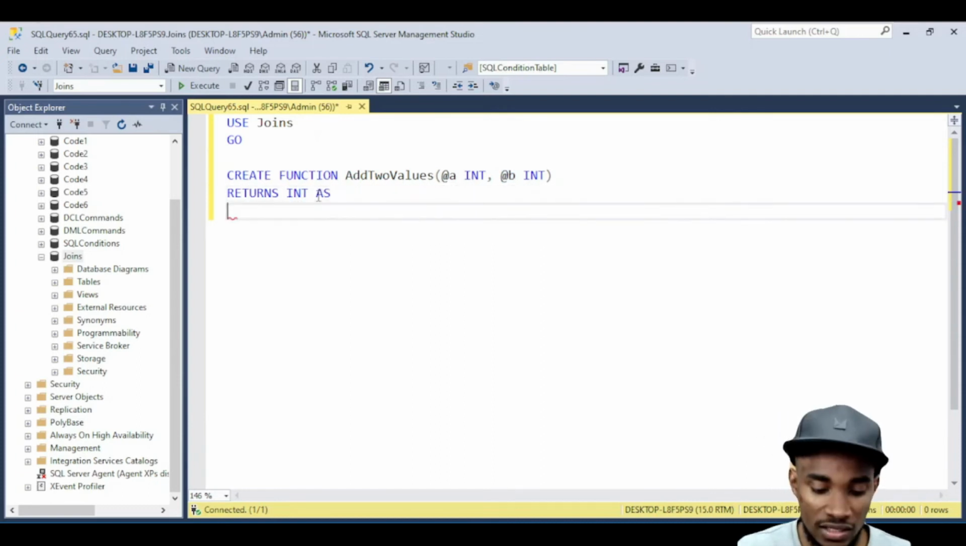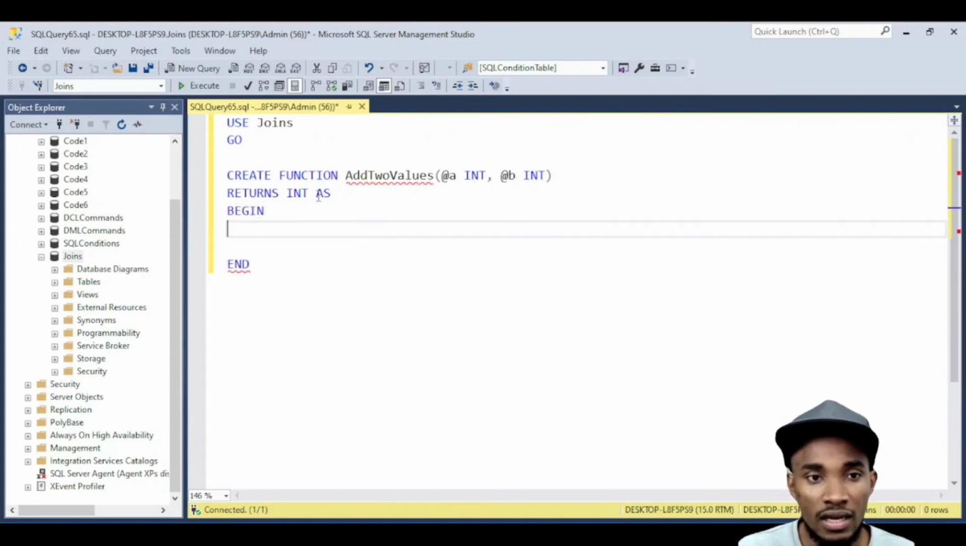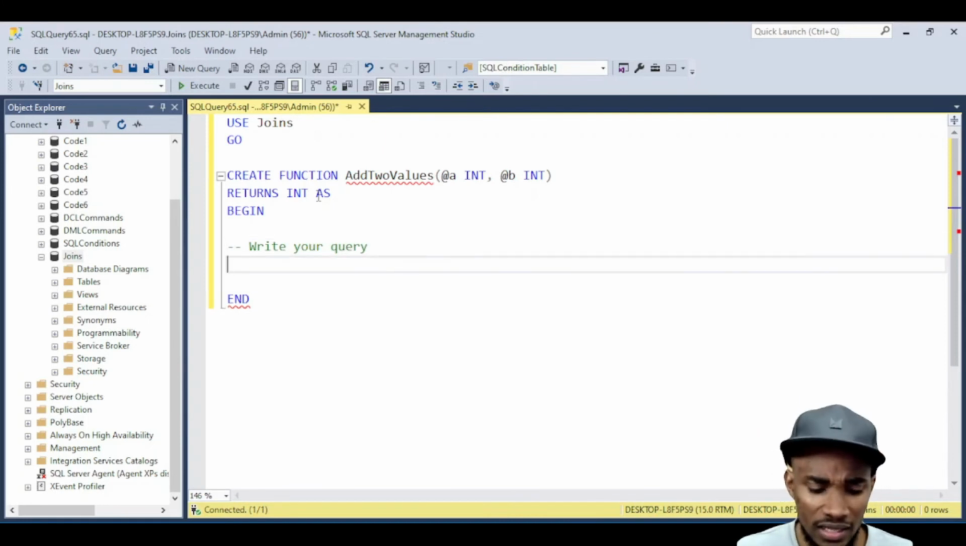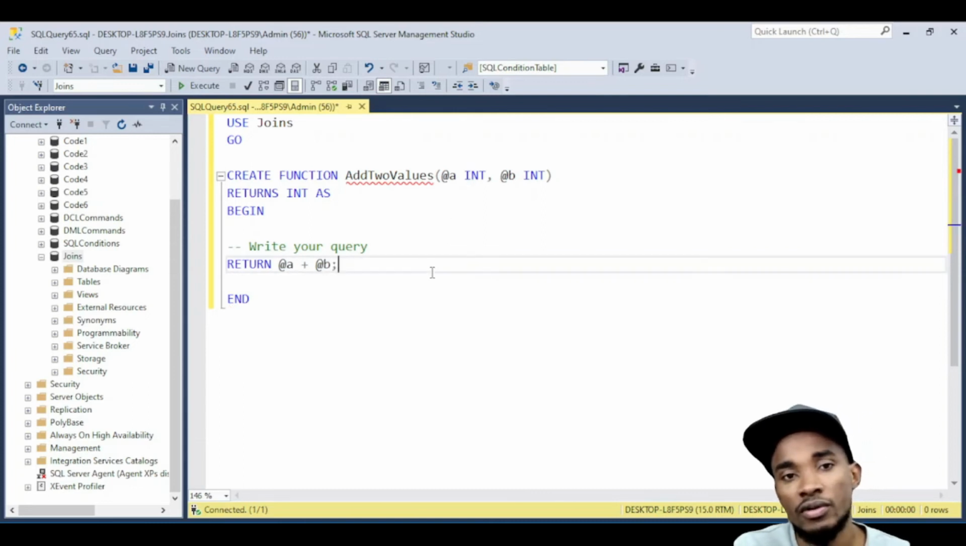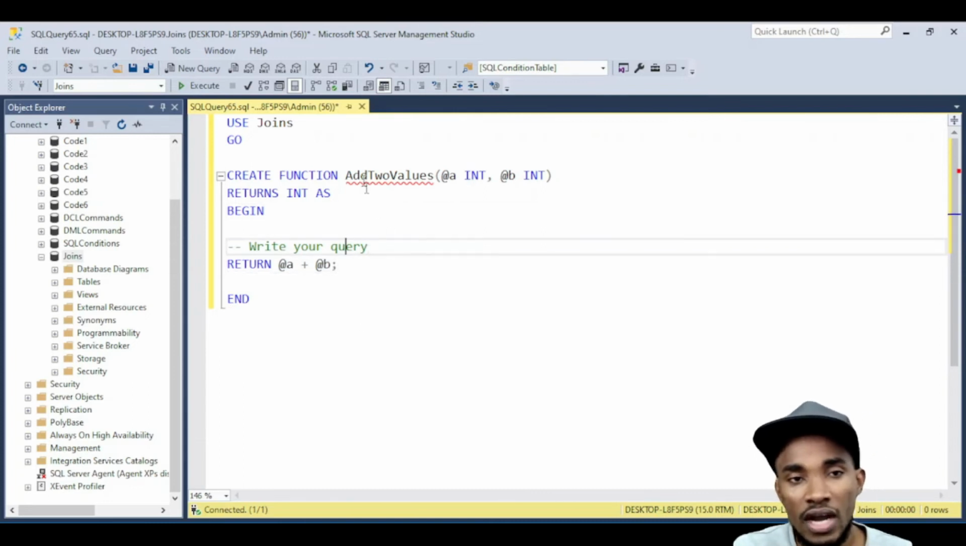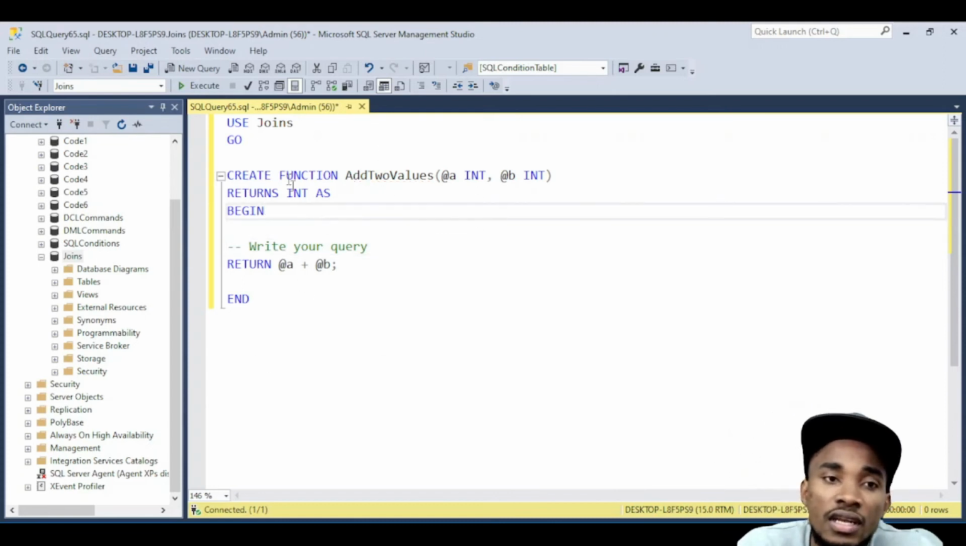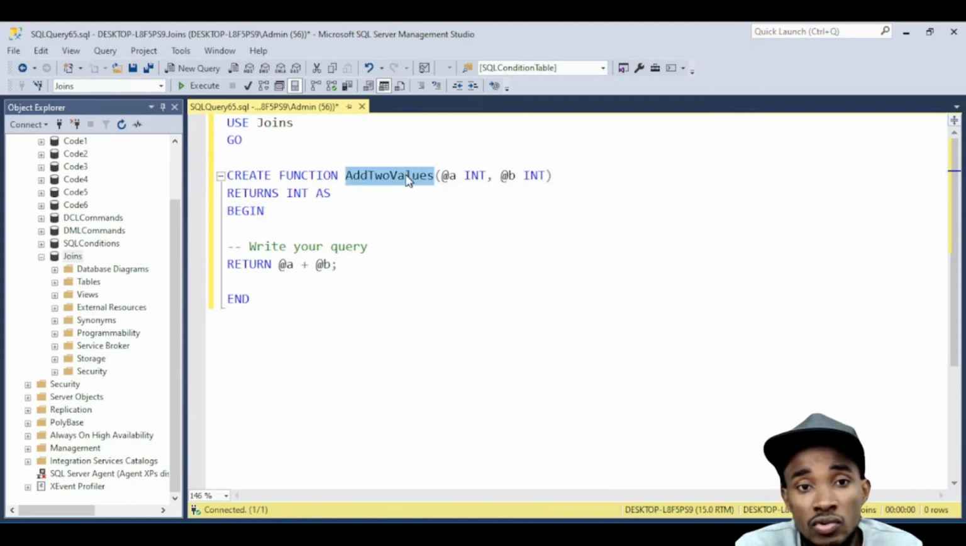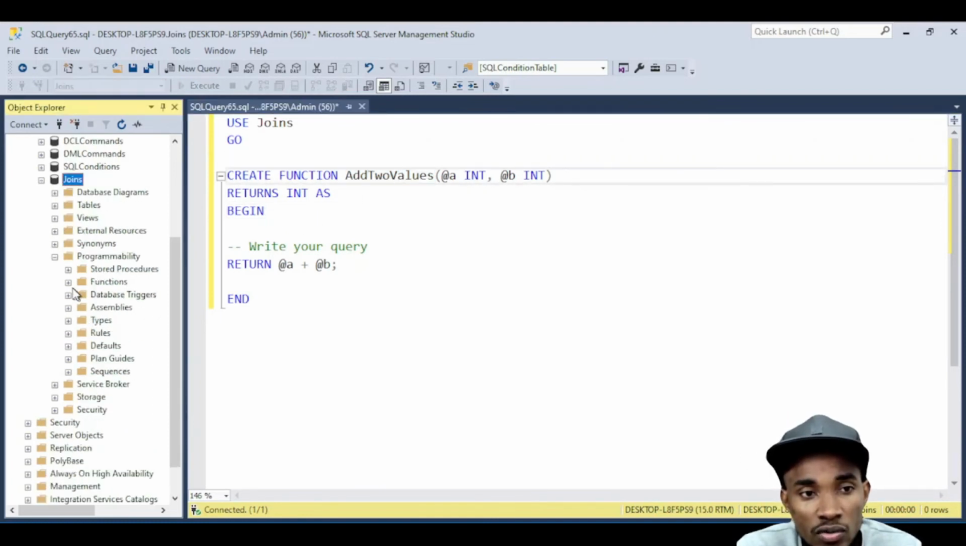And then we use the keyword as, then begin, and then end. In between here is where you write your query. I can write my queries in there, but for this example I'm just going to say a plus b, so that's what I'm going to return. If I execute this now, this will create a new function inside of this section of the DB,